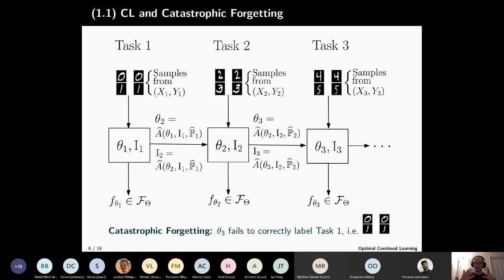So you may collect gradient information, or you may store some examples from the first data set as well. All of that counts as information. And you're allowed at the second task to take into account the data relating to the second task, the parameter value θ1, and the information I1. And you're allowed, after you've done your inference or estimation procedure for the best parameter value θ2, to pass on θ2 and I2, which is the information extracted from the second task, to do the same thing